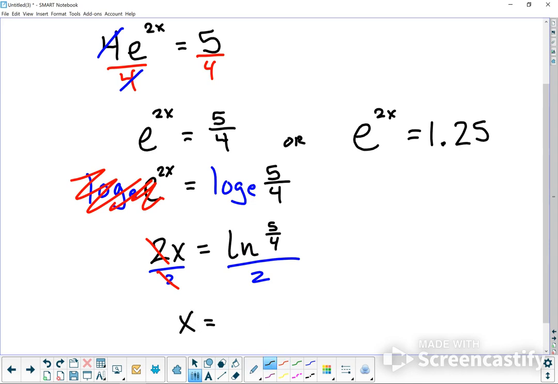Now, all of this, we have to put into our calculator. Check your calculator and see if you do it correctly. You can do ln of 5 divided by 4, or 1.25, close that parentheses, hit equals if you're not sure, and then hit divided by 2. That should get you 0.111, and there are other numbers after that, like 57, 17757. But I'm going to go ahead and stick with